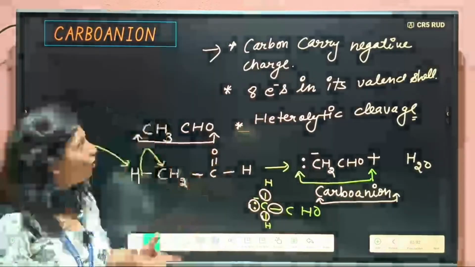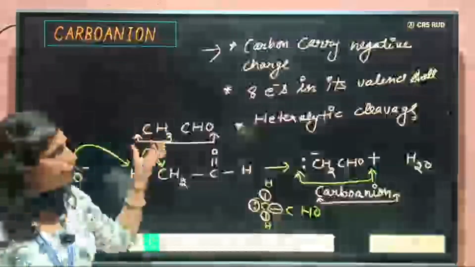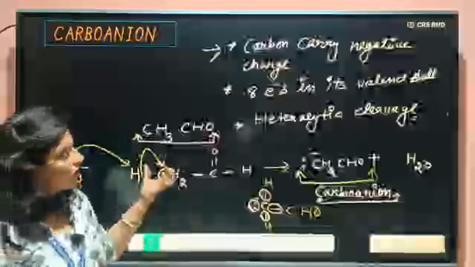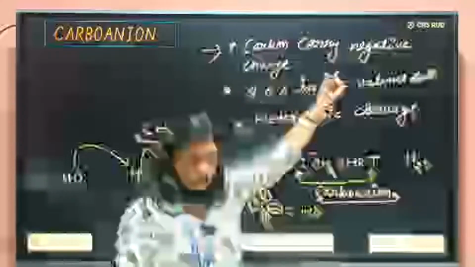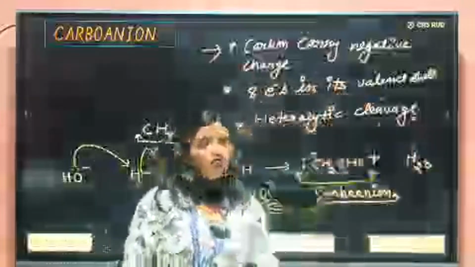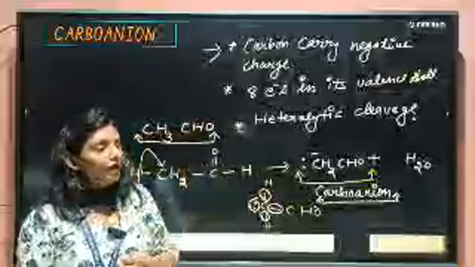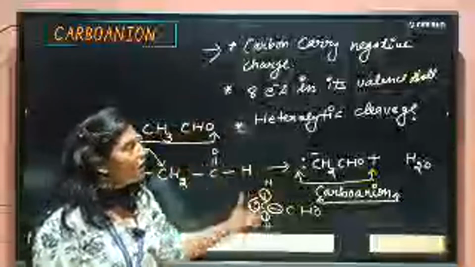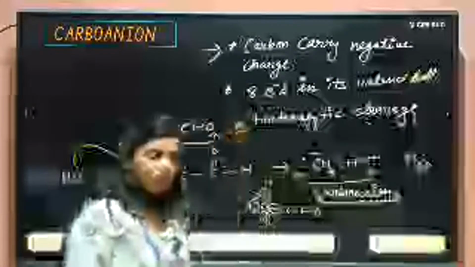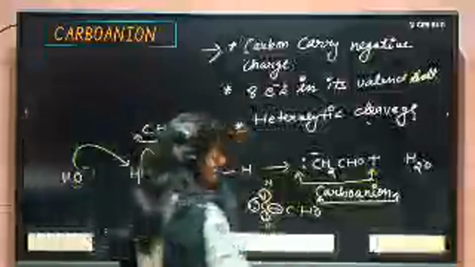Clear? So first of all you should know carbanion. Carbanion is that chemical species in which carbon carries negative charge and carbon has 8 electrons in its valence shell, and formation or production of carbanion takes place due to heterolytic cleavage. It is clear or not? Any doubt in this? Yes. Then students,